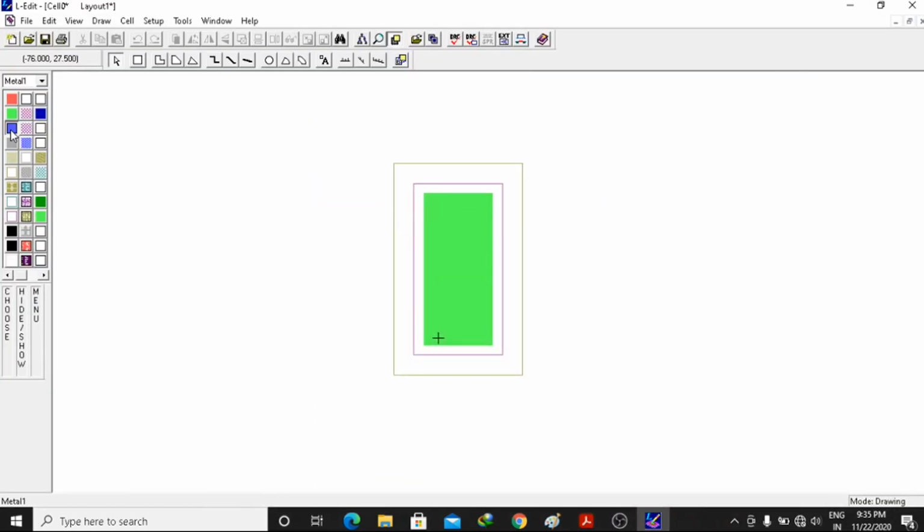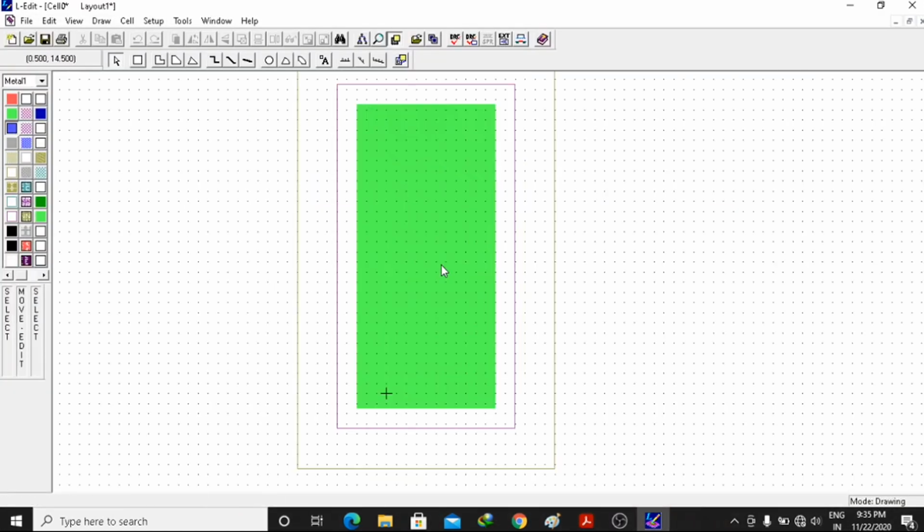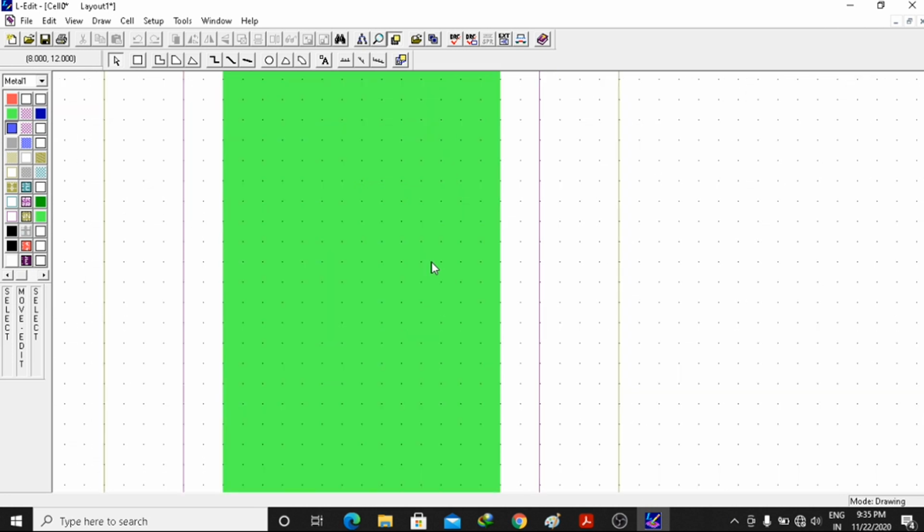So this is metal 1. For drawing I will suggest you enlarge it, because then it will be very comfortable. You just again select this square box, and after selecting it, you draw and closely monitor the width and height. Height I achieved 4 lambda, but width is still 3 lambda. I will slowly increase it a little bit, yeah. Now this is 4 lambda by 4 lambda.